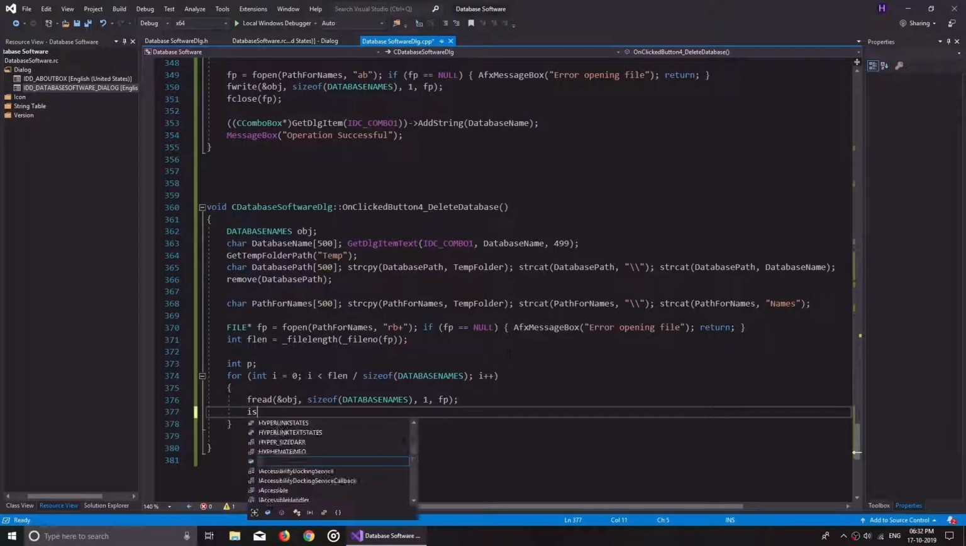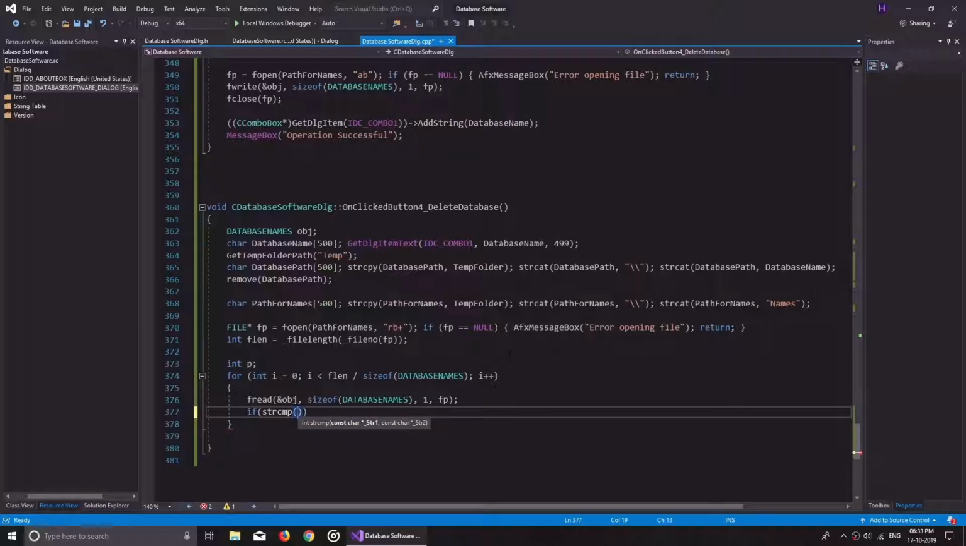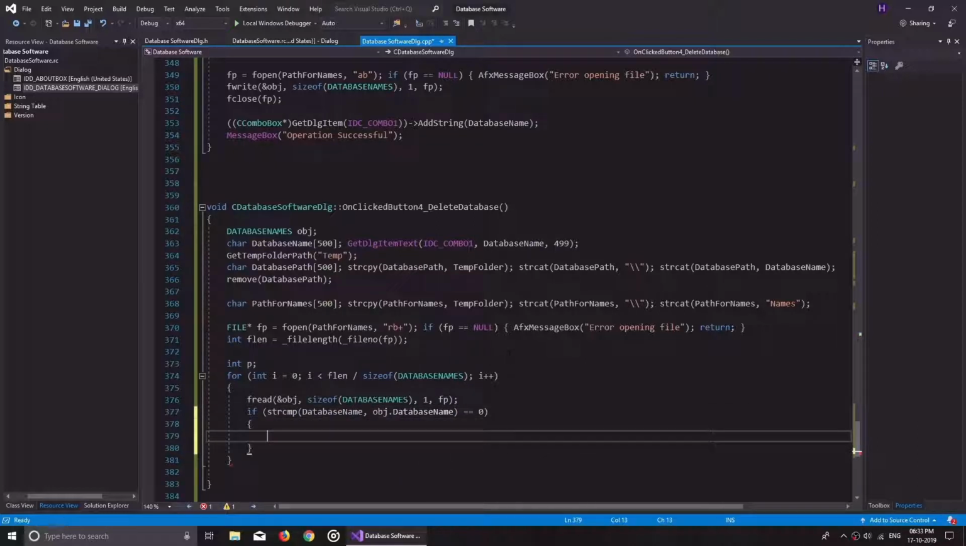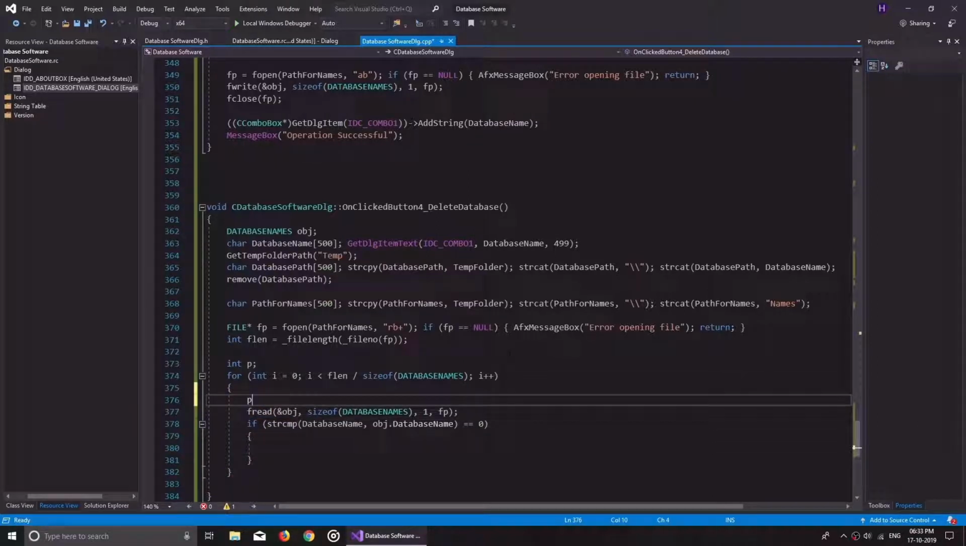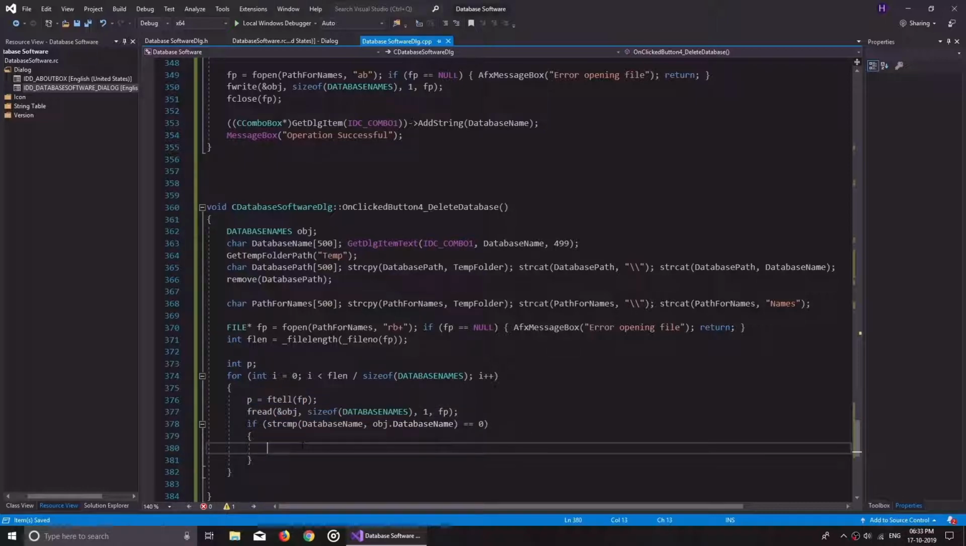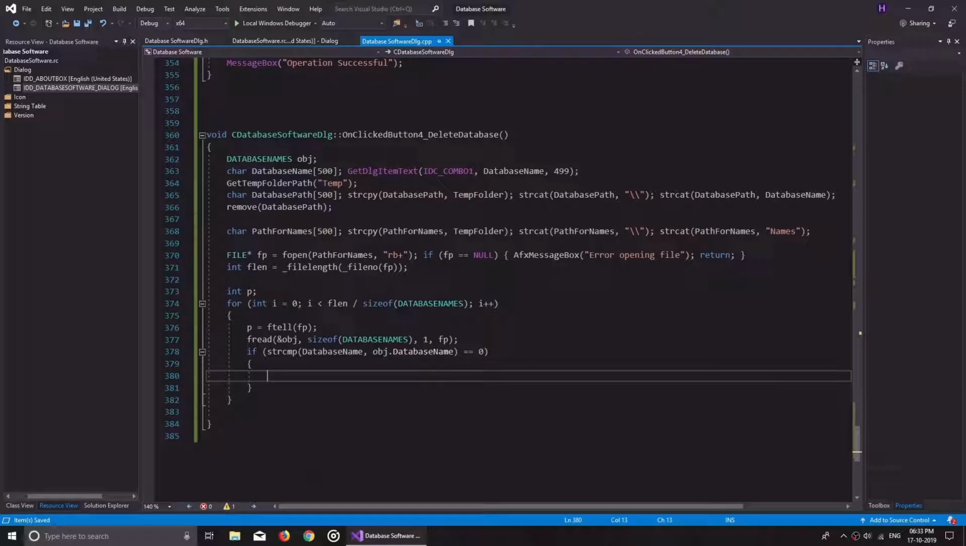Now we're gonna do string comparison. We're gonna compare the database name given by the user and the one we read, and if that's a match, let's get here p is equal to fp. So if this is a match, p will be where the structure starts, because after reading the pointer moves on. Now what we're gonna do is go back to p